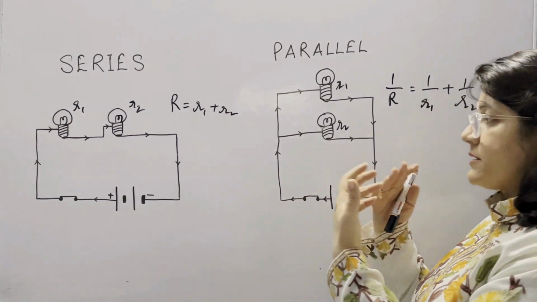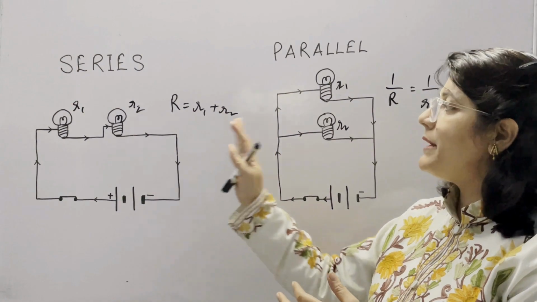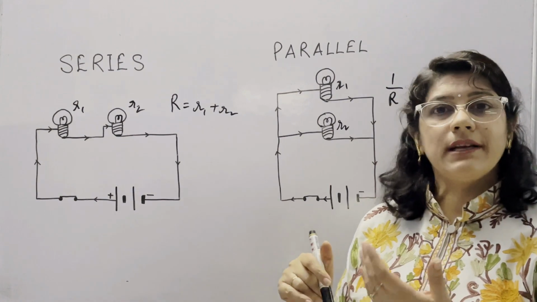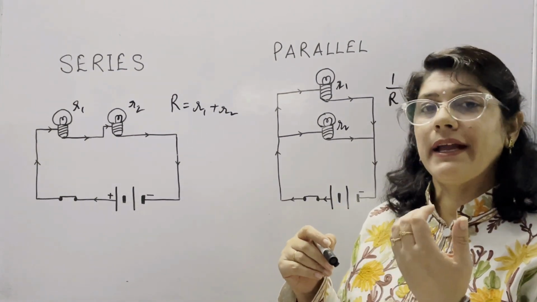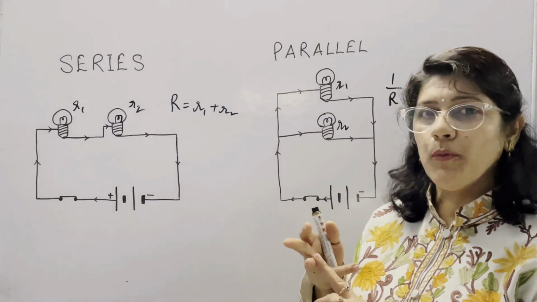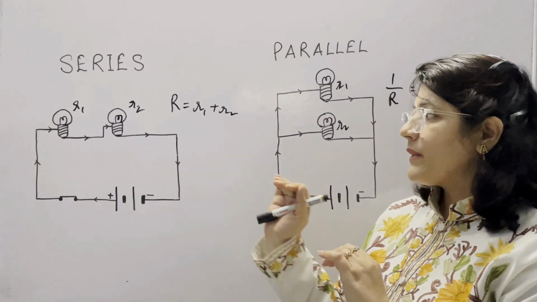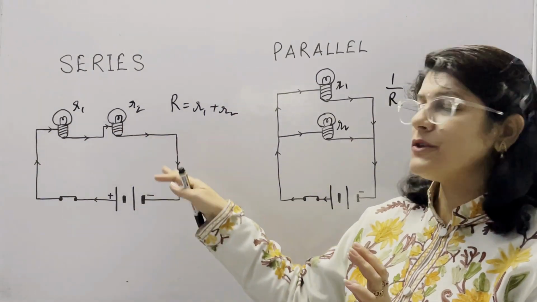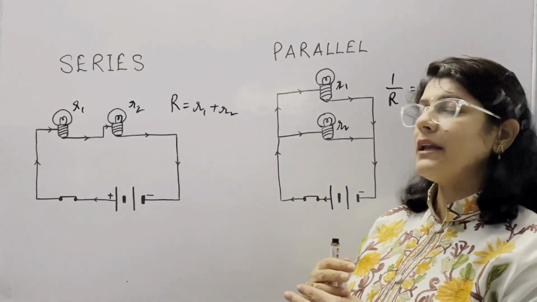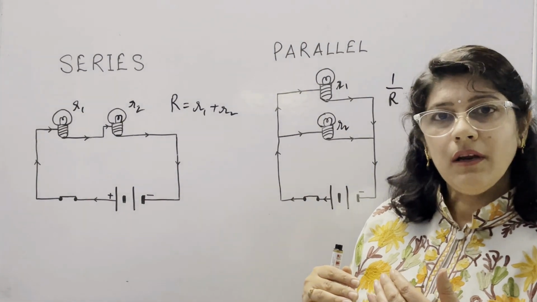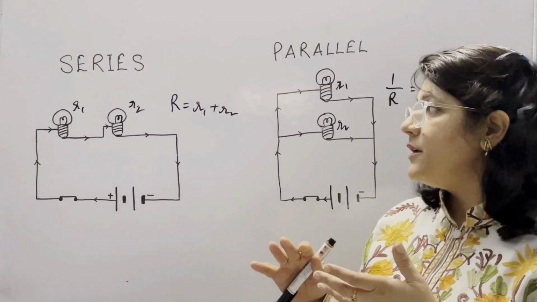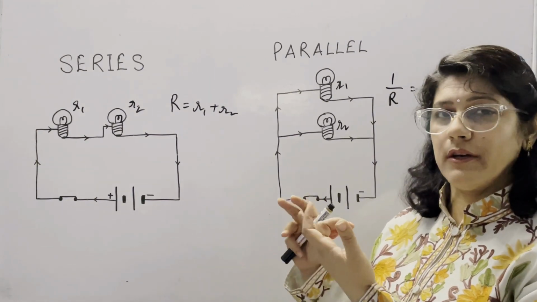Moreover, these circuits will function properly if all the materials which we have used in these circuits are conducting materials. So first try to understand what is a conductor. Any material which allows electricity or current to pass through it is known as a conductor. Copper, iron, aluminium, the human body, all are conductors. So the circuit will function if the materials used in this circuit are made up of conductors. On the other hand, if any of the material is an insulator. What is an insulator? Any material which does not allow the electric current to pass through it is known as an insulator.